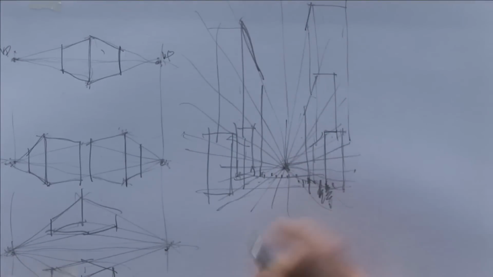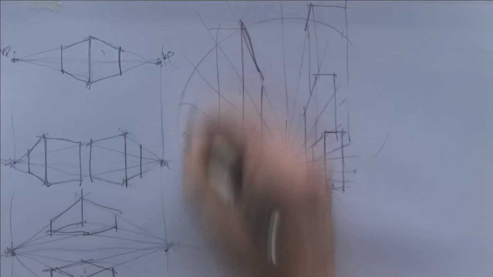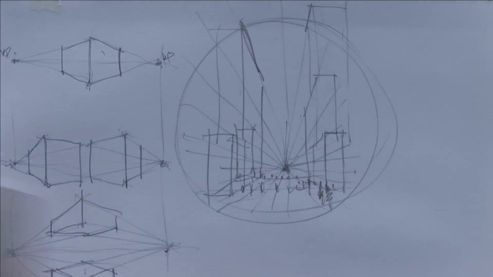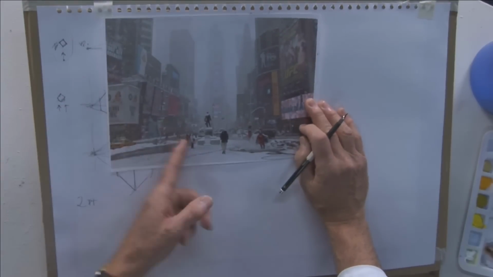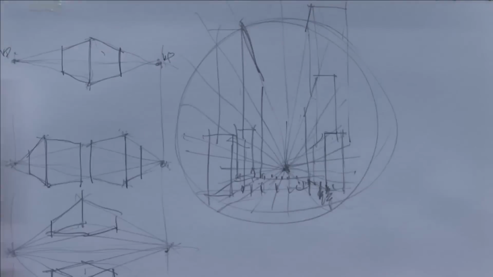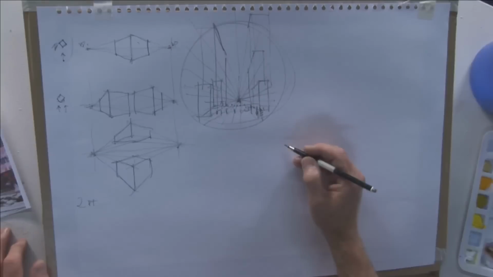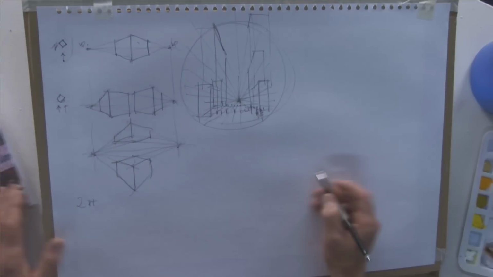These guys are all at the same depth, these guys are all nearer and larger, and so on. So that's the kind of familiar, in a sense, single point perspective. You can see how that might relate to what we've got going on in the Times Square photograph that I'm going to use. But quickly, I want to just itemize a third one, which is a third type of arrangement,